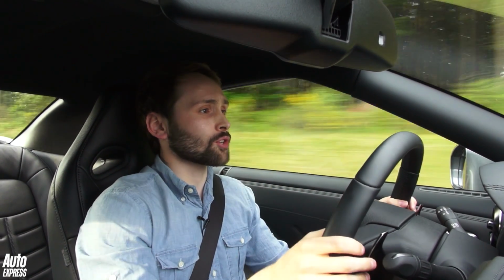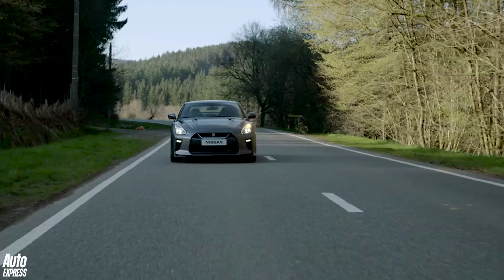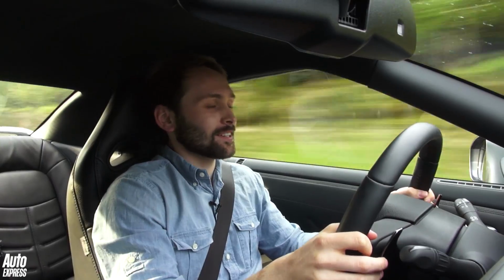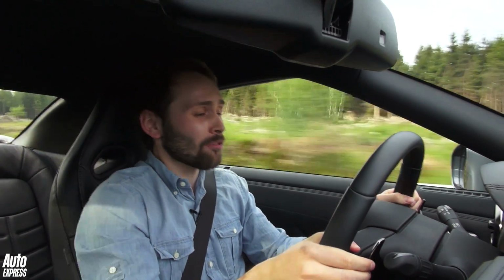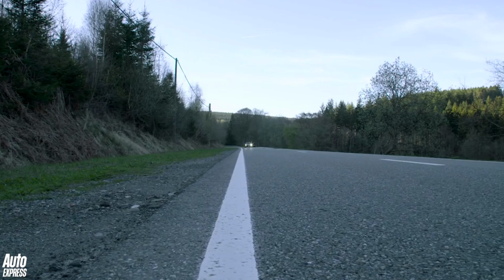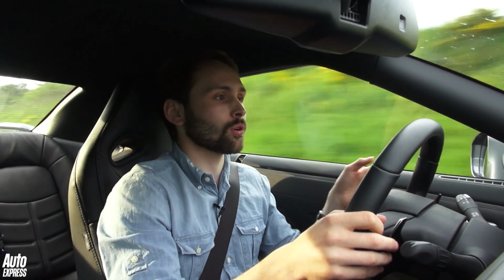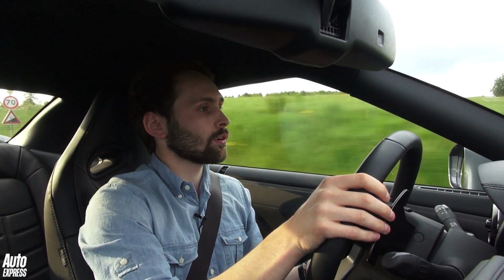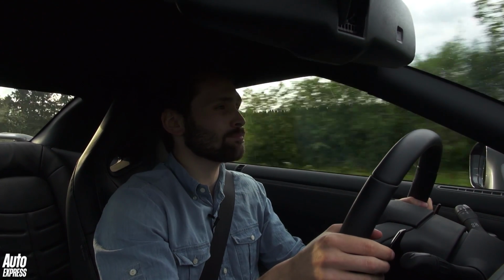I mean, 0 to 62 takes 2.7 seconds and the top speed is 196 miles per hour, and honestly, the way this thing builds speed, Jesus Christ, it's absolutely insane. It is so fast. And I've spent the past half a day with this car now, and every time that I get back into it, whether I've been outside of it for a few minutes or a few hours, you almost have to reprogram your brain to process just how quick this thing is. Honestly, it's absolutely bonkers quick